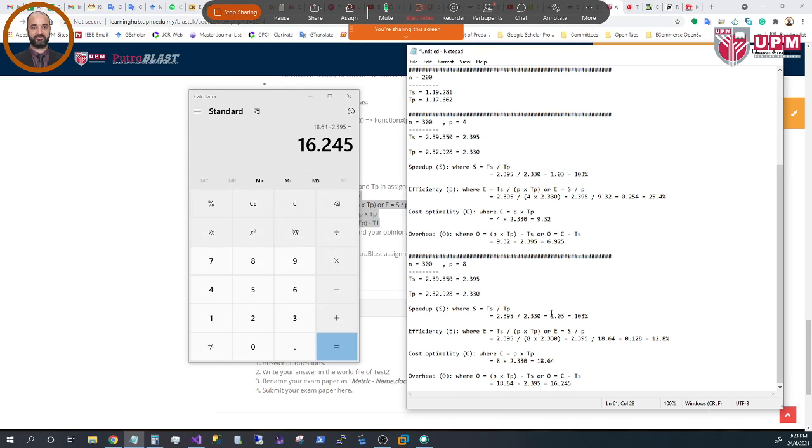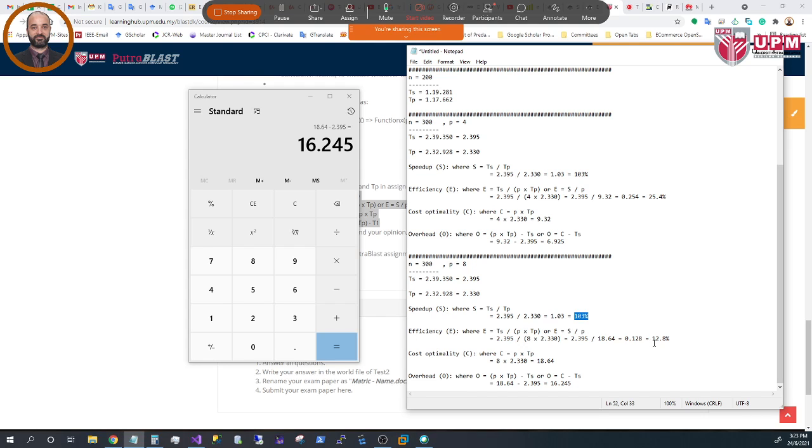Okay, from here we have the same scenario, same size of problem, but with different architectures. If we have 4 processors, then the speedup will be 103%. So it will give us an extra 3% of improvement. In both cases, P equals 4 or P equals 8, it is the same thing. Why? Because our program is going to deal with only 4 threads. So that's why the speedup will not improve, but at the same time